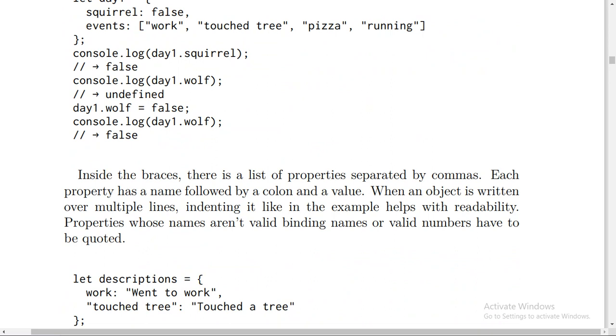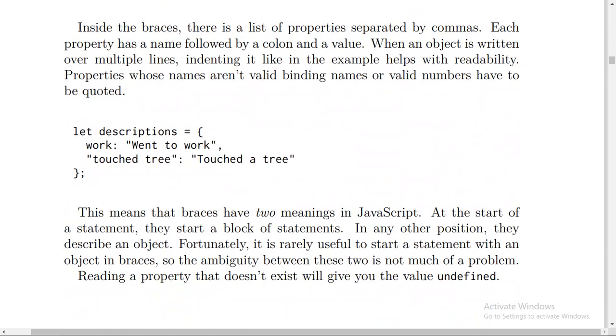Inside the braces, there is a list of properties separated by commas, and each property has a name followed by a colon and a value. When an object is written over multiple lines, indenting it, like in the example, helps with readability. Properties whose names aren't valid binding names or valid numbers have to be quoted. Like this example: let descriptions = {work: "Went to work", "touched tree": "Touched a tree"};